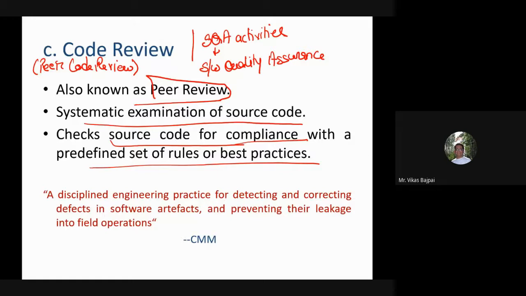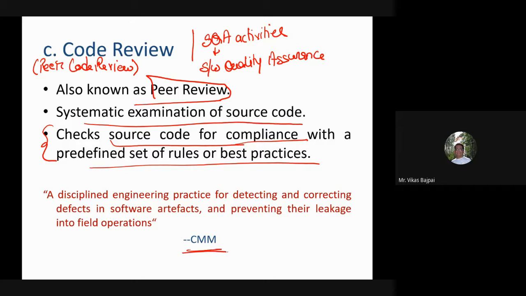So this is like systematically convening a meeting with one of the fellow programmers, and the idea is to check the other's mistakes in the code, and whether the code is in compliance with certain standards or best practices.